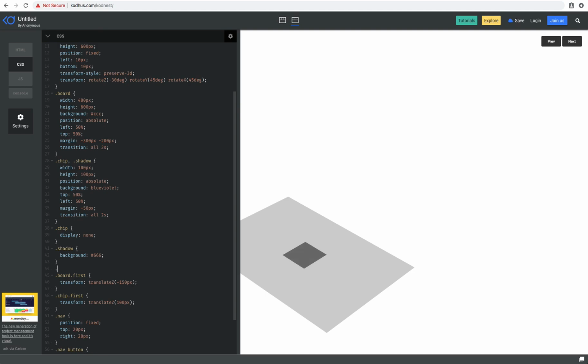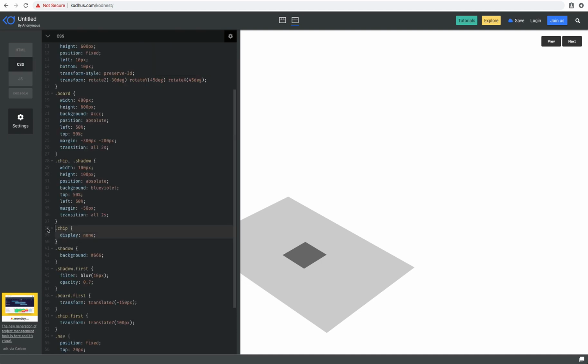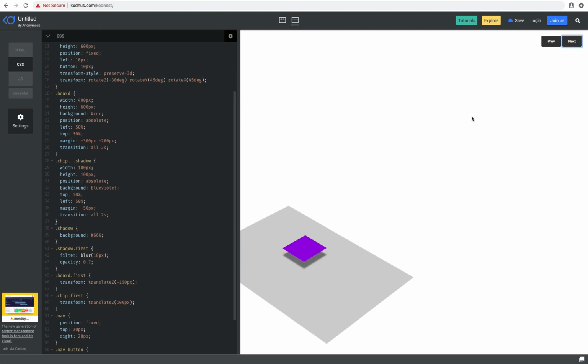And then I also add a class first to the shadow, which means that when I click next, I want the shadow to have some other effects, which is I'm going to use filter. I add a little bit of a blur to it, maybe 10 pixel, and then maybe change the opacity to be 0.7. At least that's how shadows usually work. So now here I come and also get a reference to the shadow like that. So I'm just going to say shadow, and then also here shadow, and I just give the class first to the shadow, just like that. And in my CSS, I'm going to remove this class that I defined. So now, if I press next, you'll see that